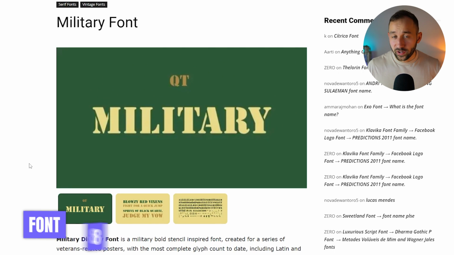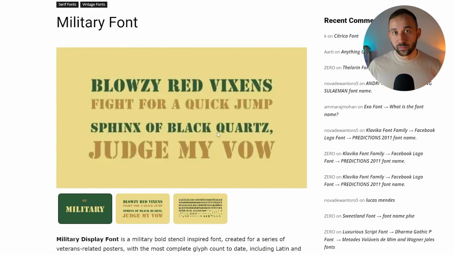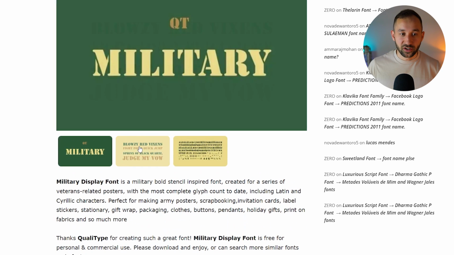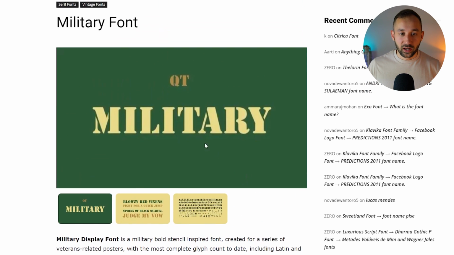The next font, fairly straightforward, called Military, and yeah, it's got a unique style. Obviously, it would work well for military themed niches, but not just that. I could see this working well on some fitness related topics, a gym t-shirt, and maybe even some political shirts. There's definitely more applications for this than just the military. But yeah, the style is really neat. It is pretty bold,